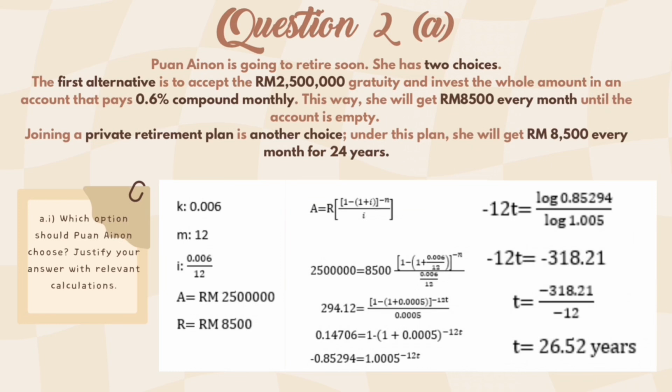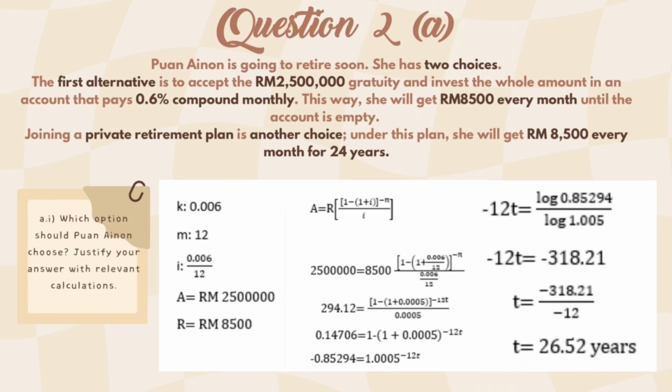Next, take the logarithm from both sides like this. Now to solve this equation, negative 12t will be equal to log 0.85294 divided by log 1.0005. Calculate the rest with a calculator and we will get negative 12t equal to negative